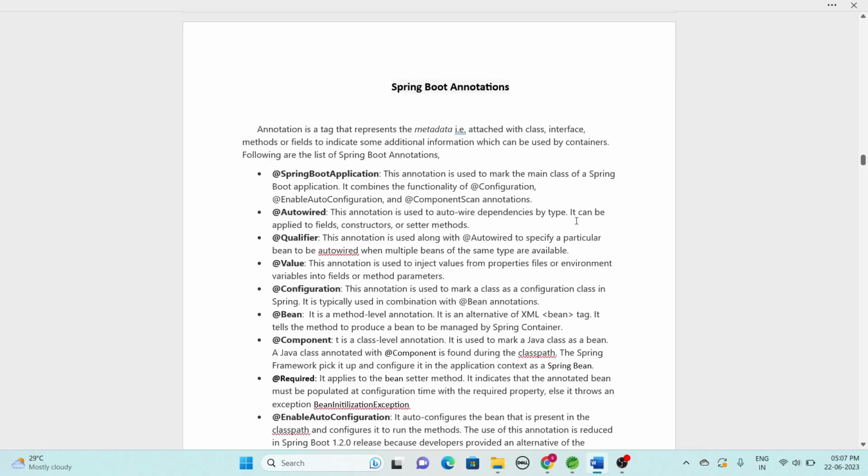Before diving into all the annotations of Spring Boot, let's understand what an annotation is. An annotation is a tag that represents metadata attached to a class, interface, method or field to indicate some additional information which can be used by containers. It is nothing but telling the container that this particular class, interface, method or field is doing some functionality in terms of a particular annotation. So it tells the container, like for example,